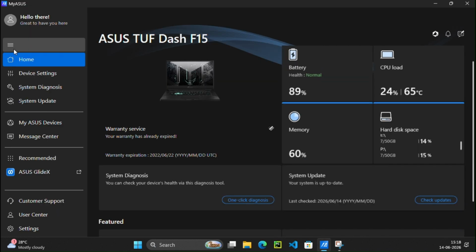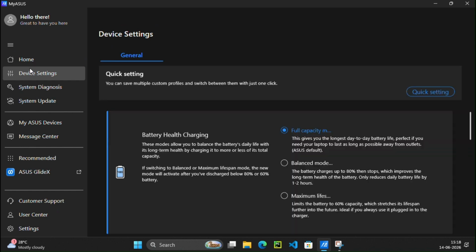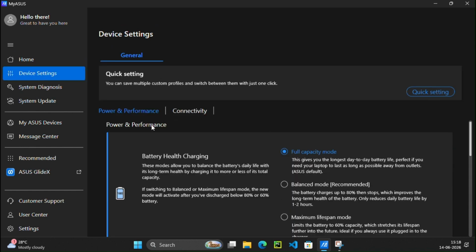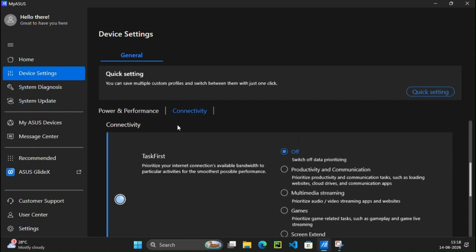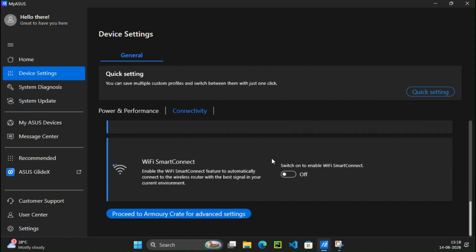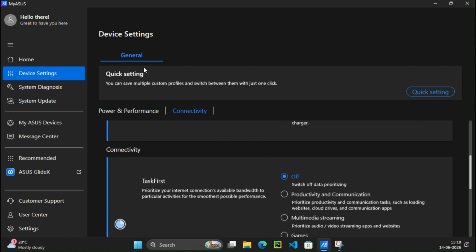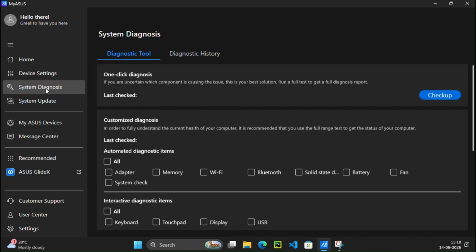Apart from this, if you come to device settings, you can find your power and performance and connectivity, like Wi-Fi or Ethernet. So these things you will have in device settings. If you come to system diagnosis, you can diagnose all the software and hardware of your complete laptop or computer. You just click the checkbox and give check,